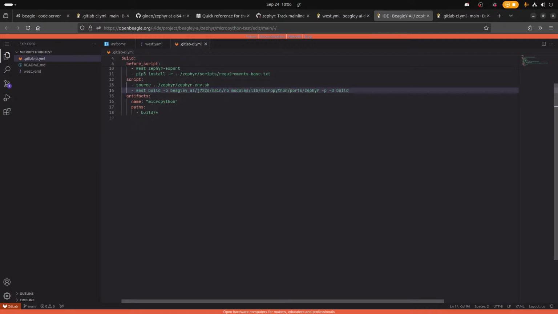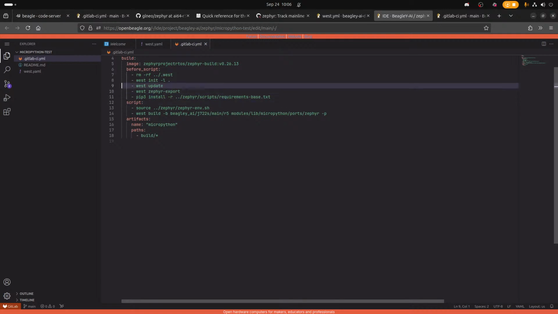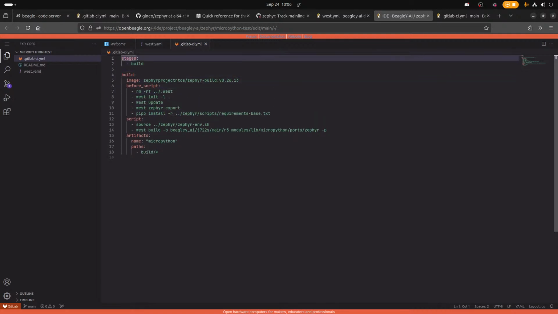So -d build is the default, so we do not need to specify that. Okay. Do we want name? I never usually do name, since if we are only building a single image, we do not. But if we want to add hello world and other images, then we need to specify the directory.